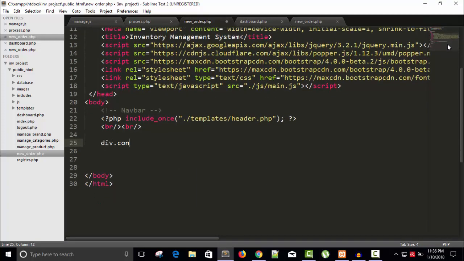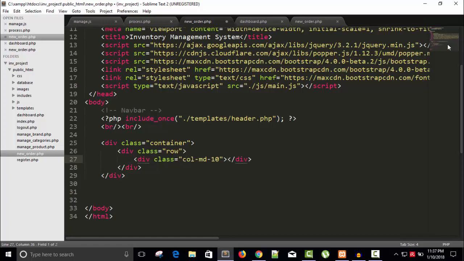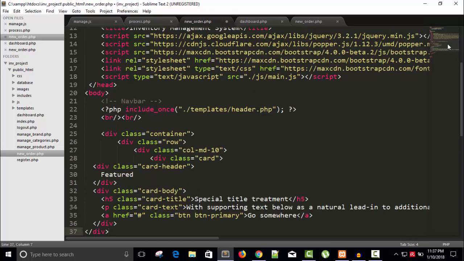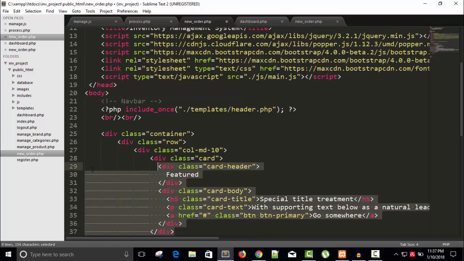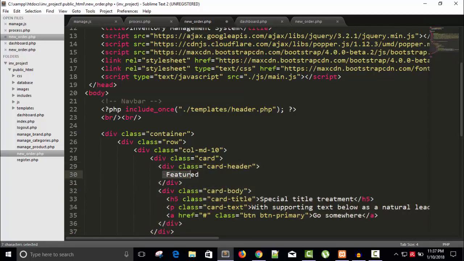div dot container, and within container I'm going to take a row. Inside row I'm going to take a column, so div dot col-md-10, so it is a wide column, and inside that I'm going to paste card. So here I will write new orders